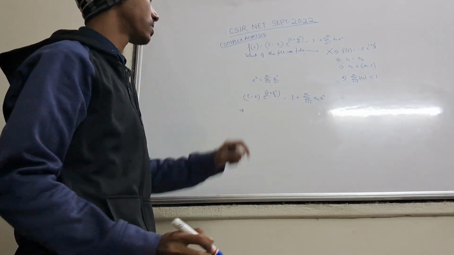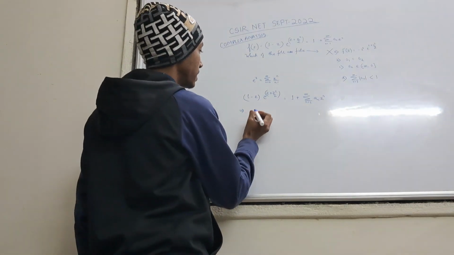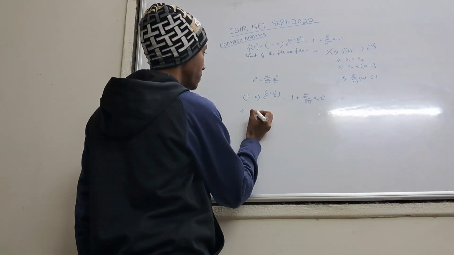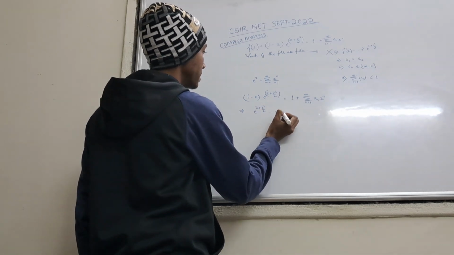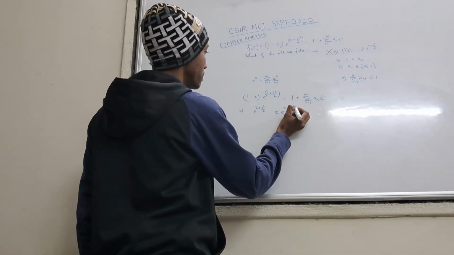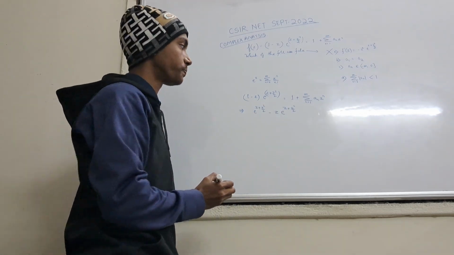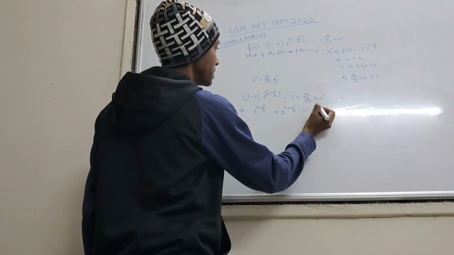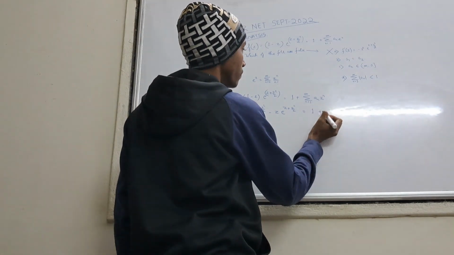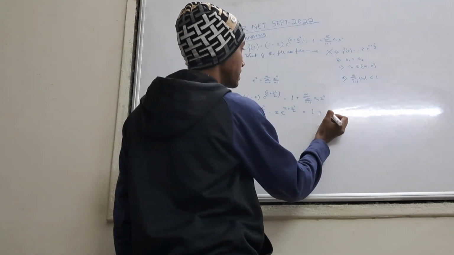There is a Taylor series expansion. So we will write the Taylor series expansion of this, that is nothing but e to the power z plus z square by 2 minus z into e to the power z plus z square by 2. This is the LHS. The RHS will remain as it is. We will see the RHS, we can write it as